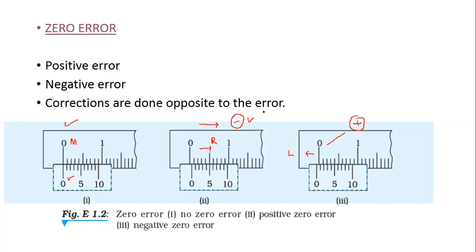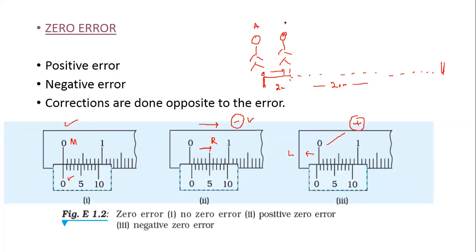For example, again the example of two runners. Let's suppose this is the end point and this one is the starting point. This is A, who starts from 0. We have another person starting on the right side, let's suppose 2 meters away from the starting point. So you can see this is on the right side. So the distance for the first one, let's suppose the total distance, is 20 meters.